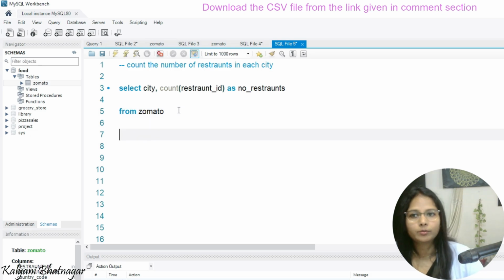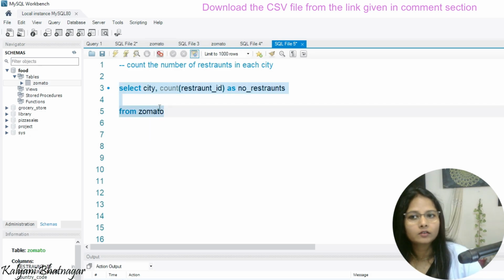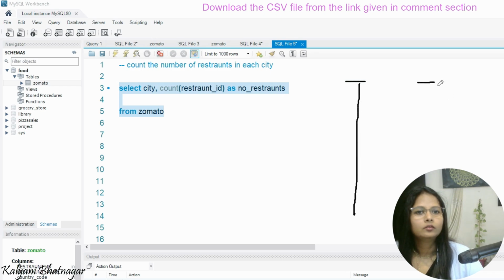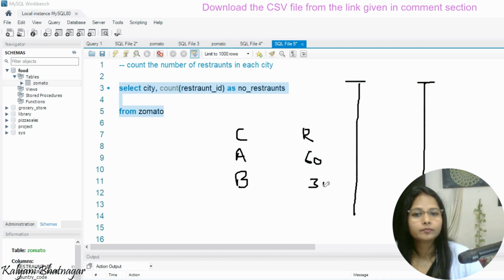Now the third step is, see, till here the result that we will get is like this. This is the restaurant ID, and this is the city, and whatever the data is there, we will get the whole data as it is. But to get the data like this, that here it is city and here is the number of restaurants. So suppose city A has total restaurants 60. Suppose city B has total restaurants 30. City D has total restaurants 15. If we want our data like this,